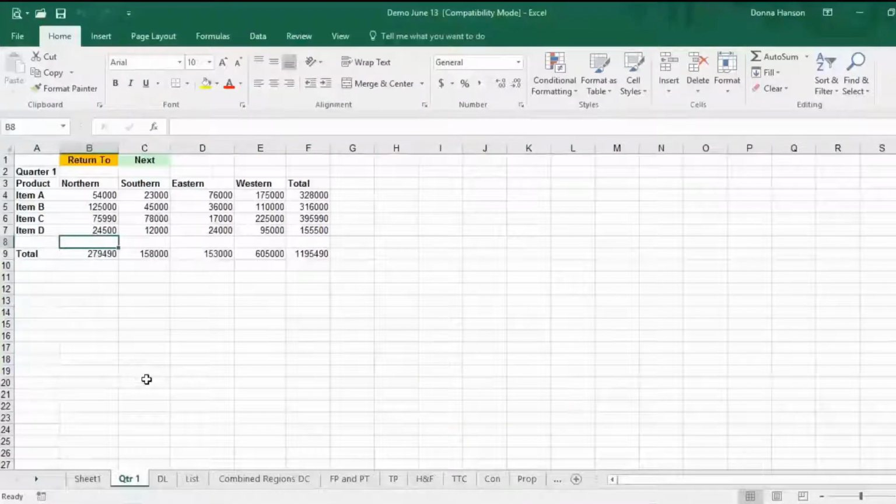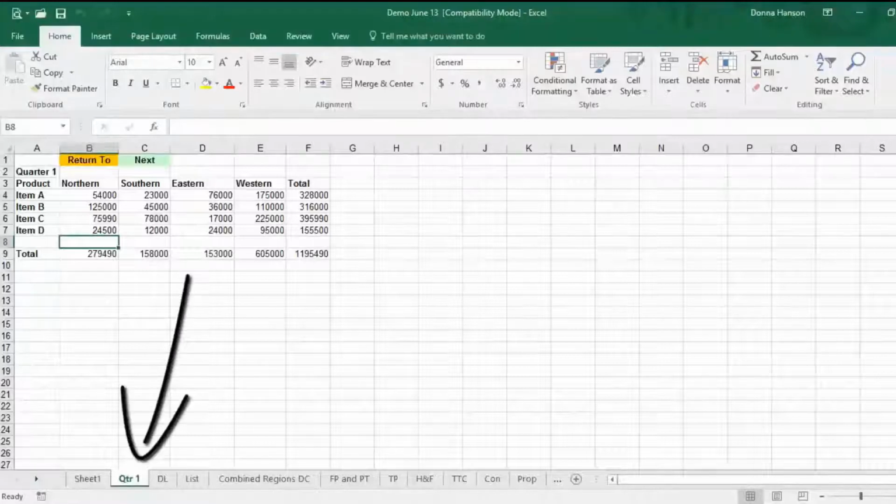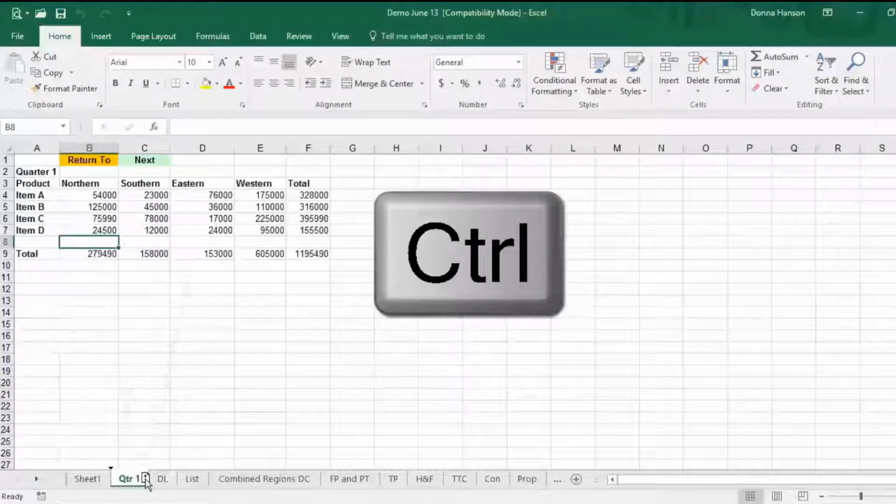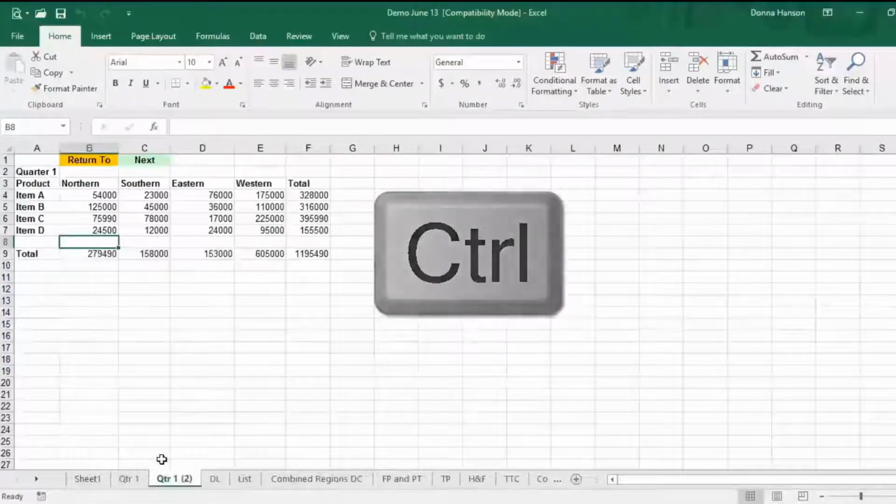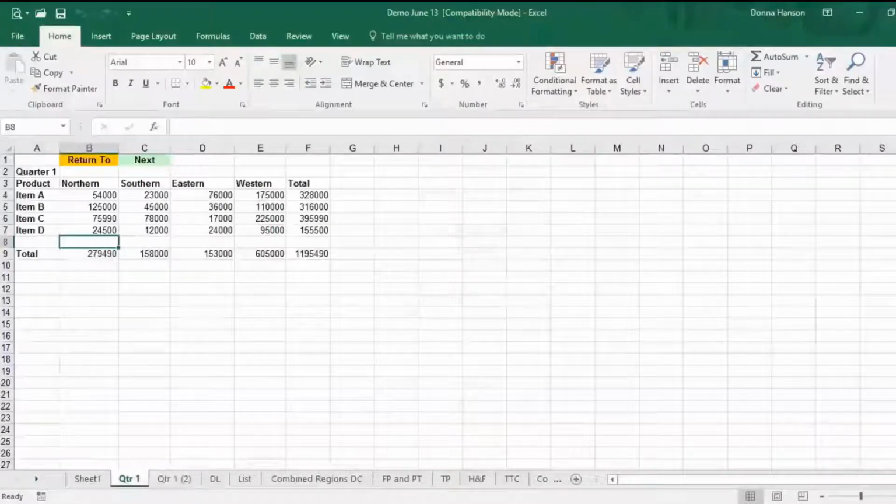This is a bit long-winded. If you take your mouse pointer down to the tab at the bottom that represents the worksheet you want to duplicate, hold down the Control key and hold the left mouse key down on your mouse. When you let go of your mouse and then let go of Control, it creates an exact duplicate of that